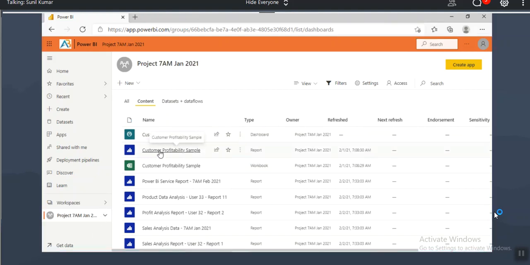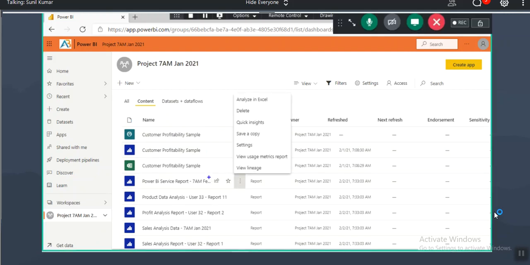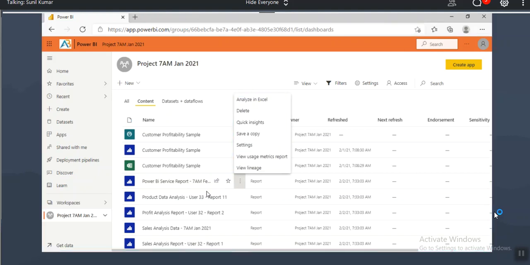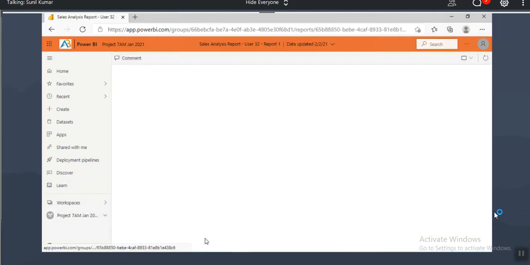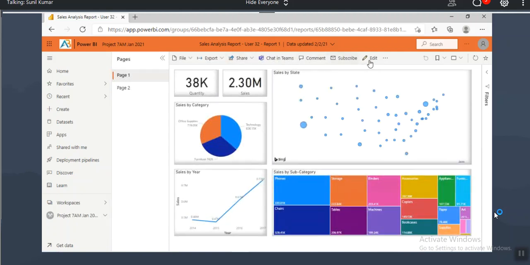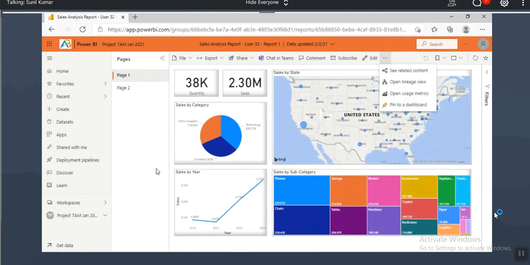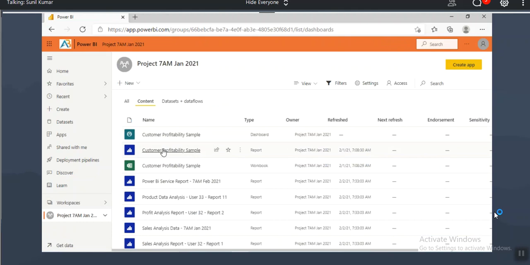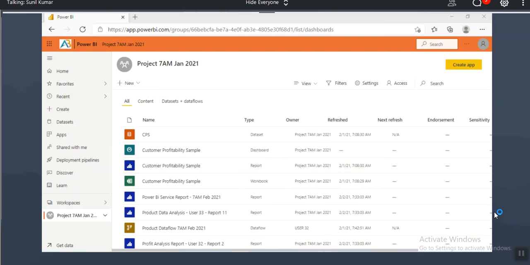At the same time, we know how to create reports, but we will try to understand the report options here. There are some options at the report level. What those options are, we'll discuss. And when you open any report, you'll find some options internally. We will discuss these options in tomorrow's class. In tomorrow's class, we'll discuss reports and workbooks, so that we complete the subfolders. And then we'll discuss the next topics.